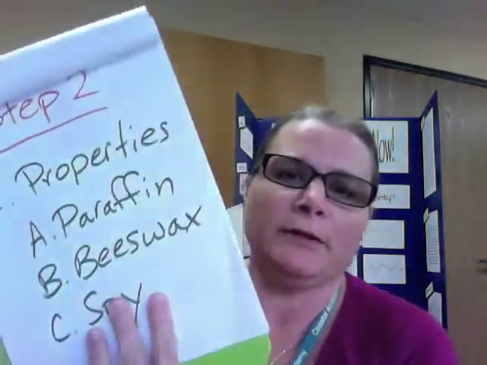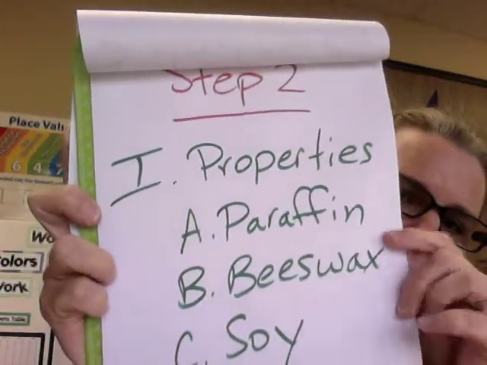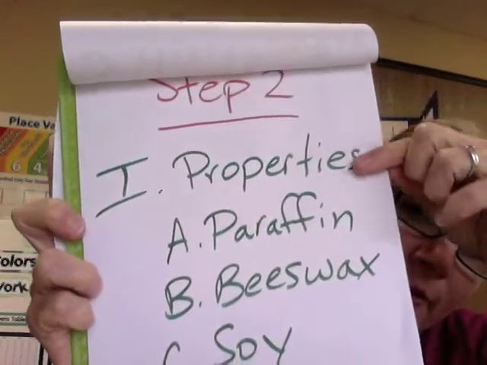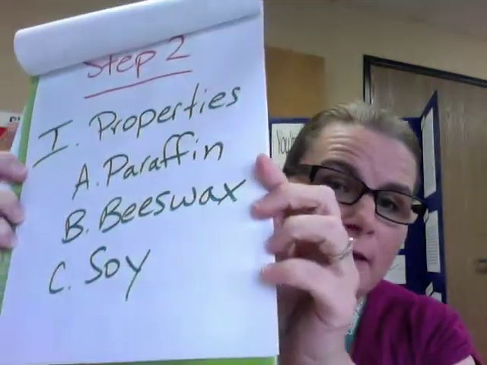So the next step in your PowerPoint and in your toolbox is a preliminary outline. This is, again, a drafty draft, not sentences, not phrases, not anything permanent. This is just off the top of their head without even researching anything. So here's what mine looks like based on what I just said. I'm going to start out my research paper, I think, with the properties. So here are my three properties. I'll have three paragraphs about each type of wax. And then my second one,